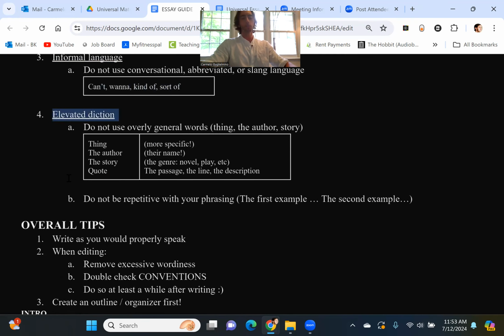Finally, we want to try to elevate our diction. We don't want to just avoid grammatical errors, but we actively want to use better, more accurate, more sophisticated language. Now, don't misunderstand me. Like I said about the whole writing length thing, can you write way, way too much? Absolutely. The same rule applies for using elevated, sophisticated diction.